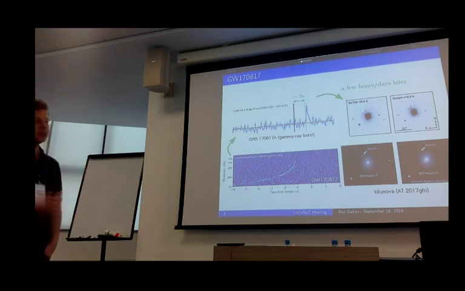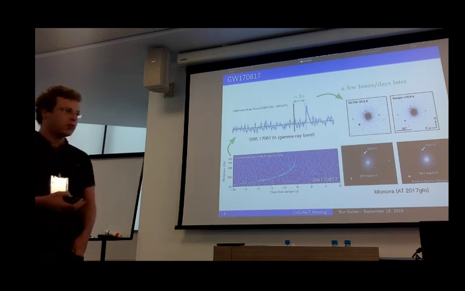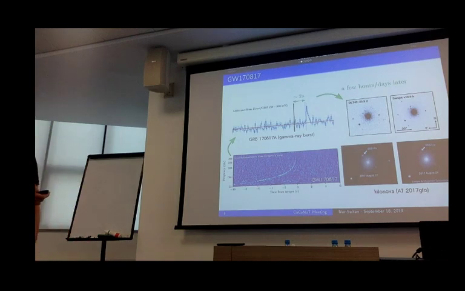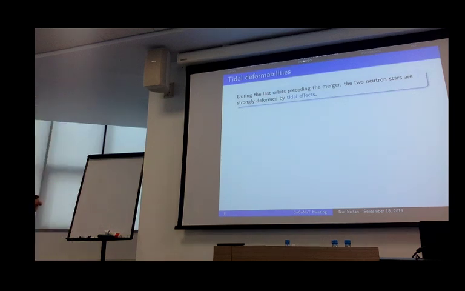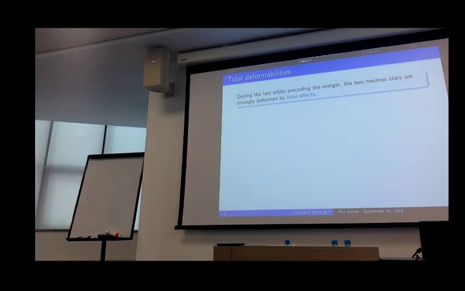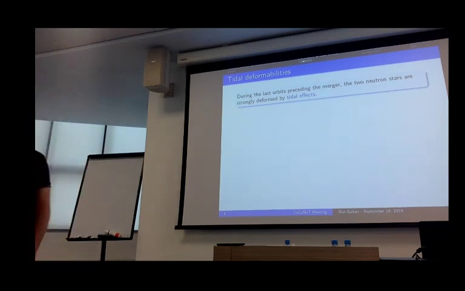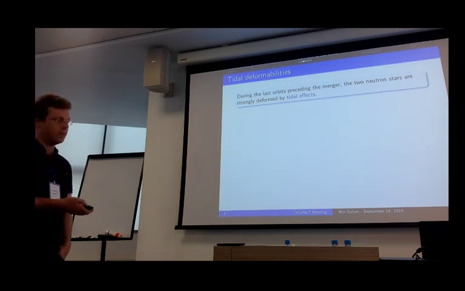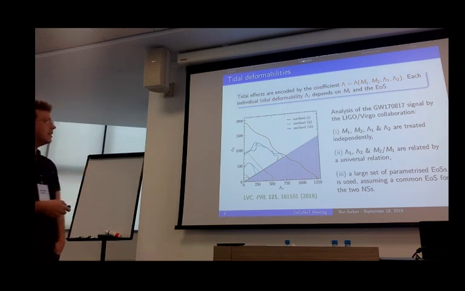And it also gave us some interesting information on the stellar structure of the neutron star that I will now discuss. So the idea, as you know, is that during the last orbits preceding the merger, the neutron stars get closer and closer, and they become increasingly deformed by the combined action of their own gravitational field and the gravitational field of the companion. So these tidal effects are accompanied by an average coefficient, lambda or lambda tilde, that has